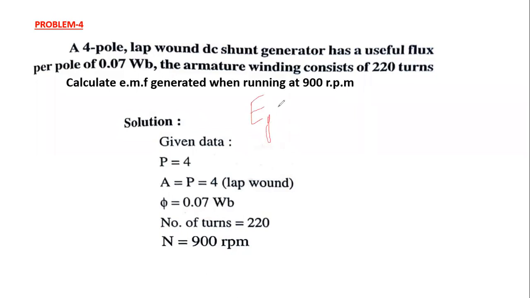Eg is equal to pi Z N by 60 into P by A. In lap winding, A is equal to P, therefore P by A gets cancelled. Then Eg is equal to pi Z N by 60, where Z is equal to the, we are having